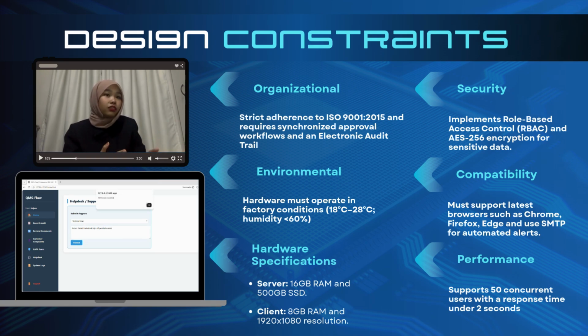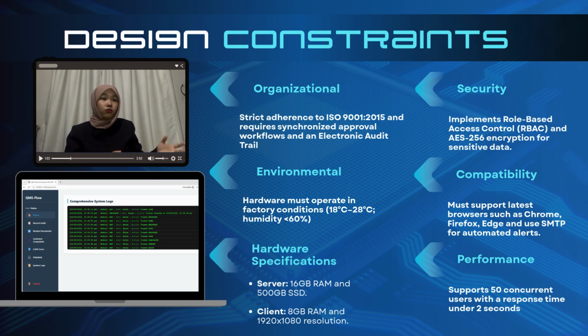The next one is security: implement role-based access control and encryption for sensitive data. Also, compatibility must support the latest browsers, and SMTP is used for automatic alerts. And then the next one is performance. It supports 15 concurrent users with a response time under